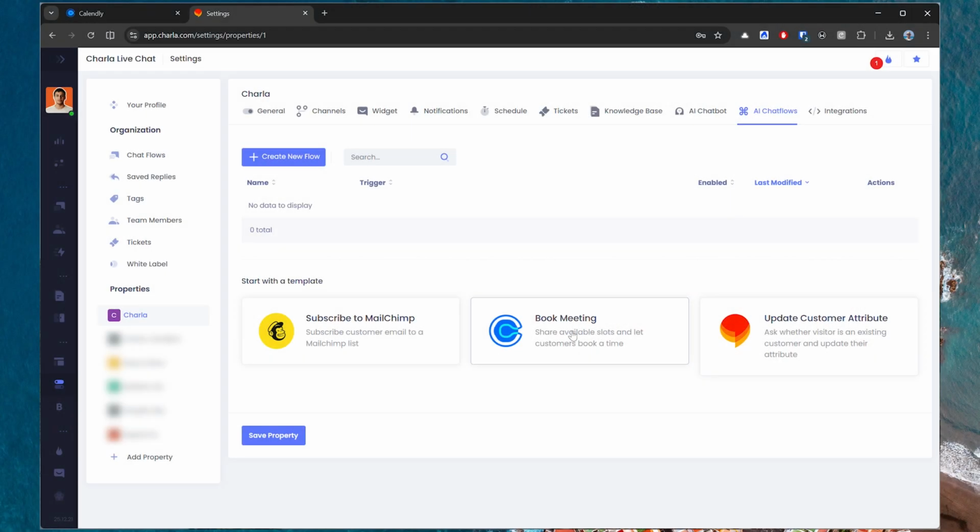Want to make booking a demo as seamless as a conversation? Today, I'll show you how to integrate Calendly with Charla's AI Chatflows. This allows your customers to check your real-time availability and book a meeting directly within the chat widget. While we're using Calendly today, remember, you can use this same logic for any calendar or tool with REST API